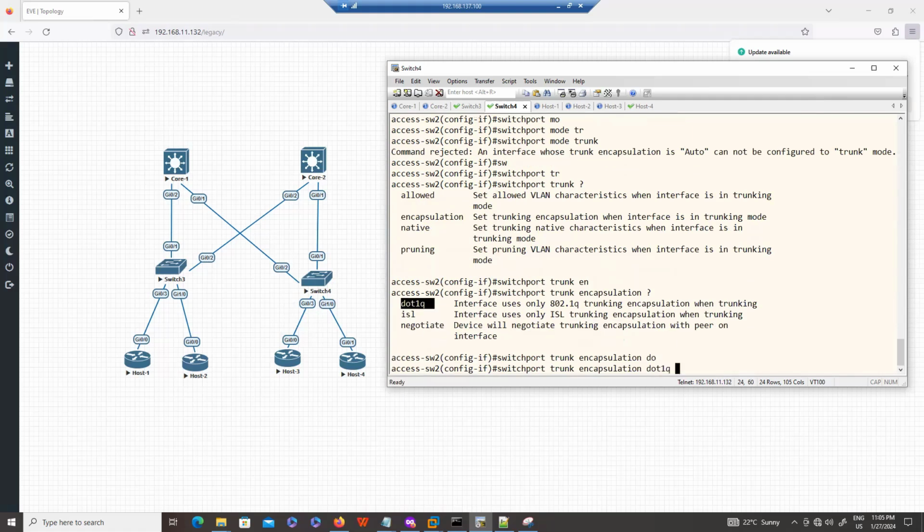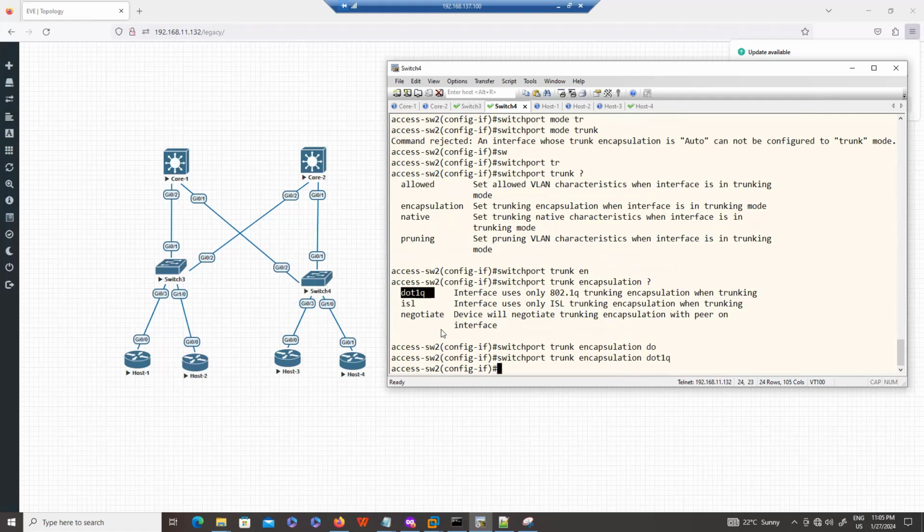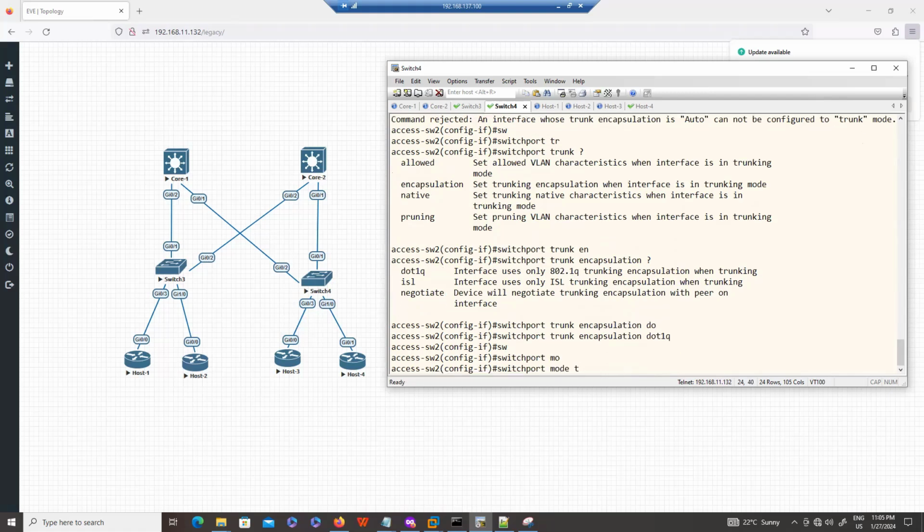These days, the new Cisco IOS versions don't support this, so you don't need to use this command. But in the older version, first you need to define the trunking protocol, which is 802.1Q, then you can define the switchport mode trunk command.